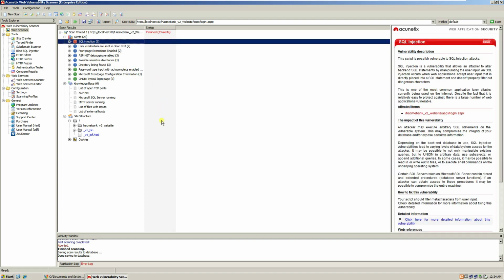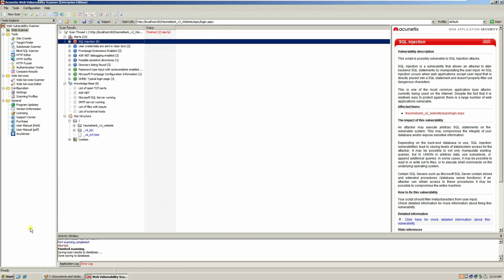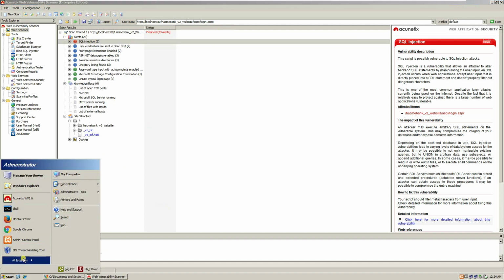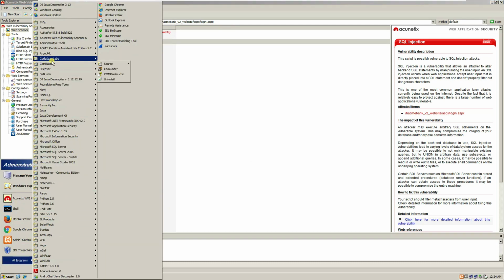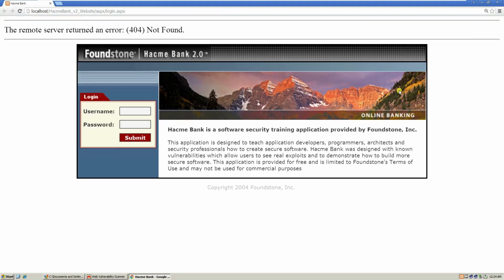Okay. Now I forgot to mention that this particular, let me just open up the Foundstone again. According to the documentation, we can actually do gray box or even white box testing on this one. According to the documentation, this Hackme Bank has a component